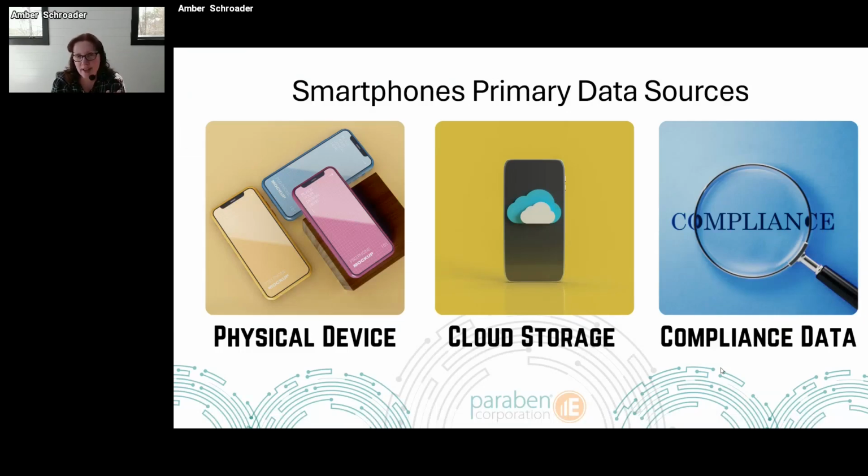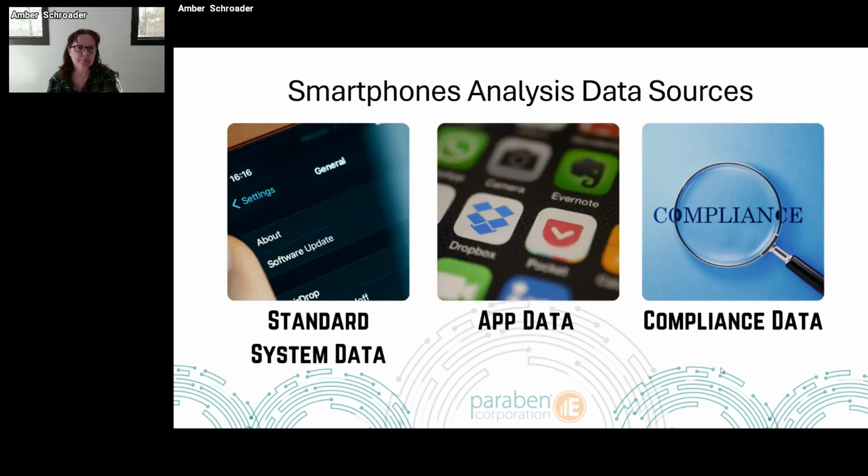So we talked last week. We have a physical device, we have cloud storage, and we have compliance data. I'm sticking with this same theme throughout all 3 parts of this series, but I'm switching it over for analytics. So now we have our standard system data, we have app data, and we still have compliance data because that's already been collected together.